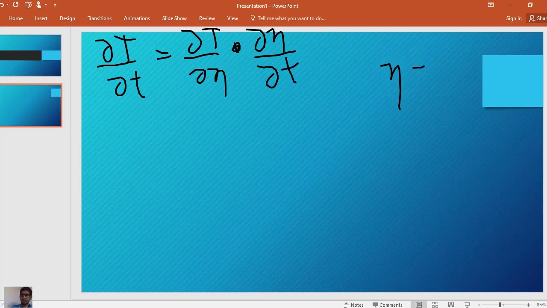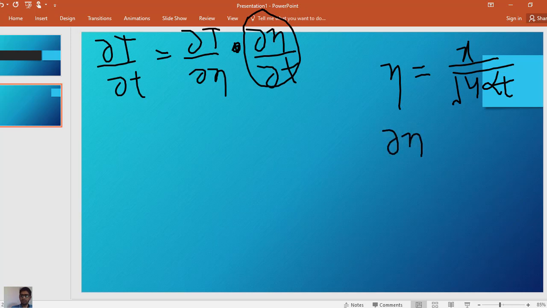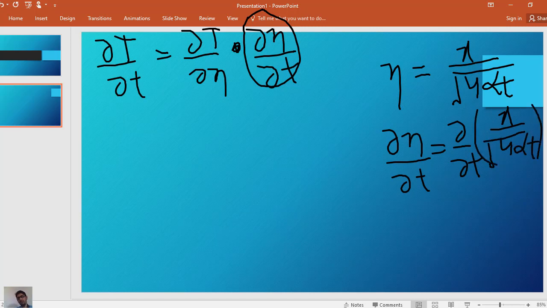But we know that the similarity variable is nothing but x divided by the square root of 4 alpha time. So let's see how the similarity variable changes with time. This can be solved by derivative, so take the derivative of the similarity variable with time. This can be solved by the quotient rule, as you know from your calculus: the change in similarity variable with change in time is equal to the second function